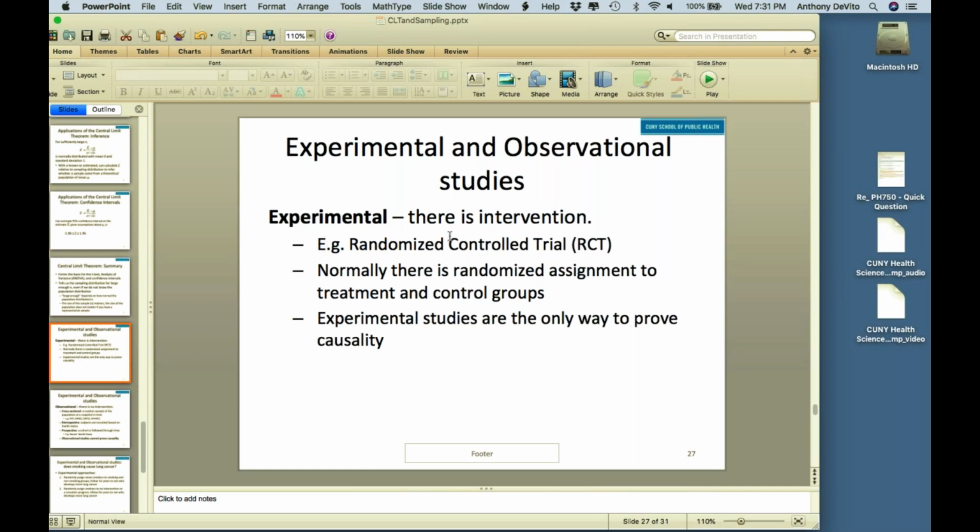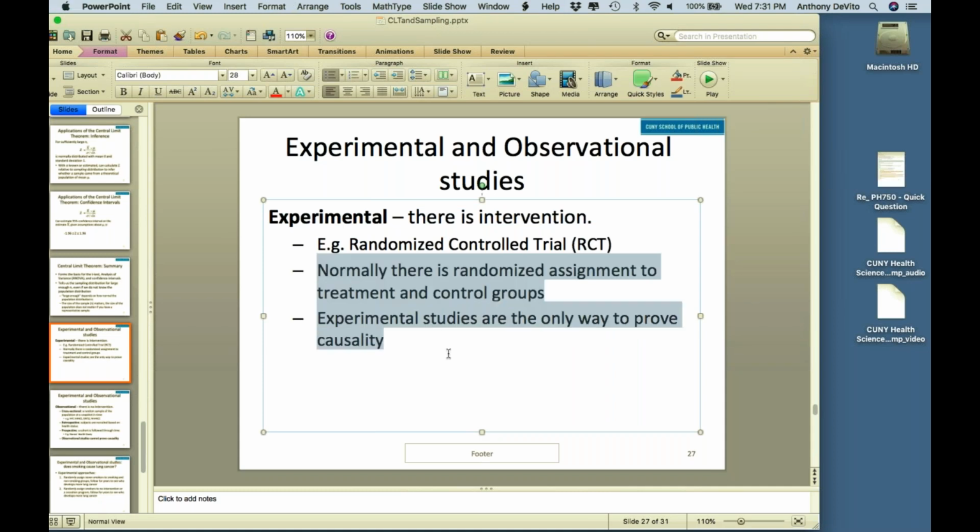Okay, and just to reiterate, I'll close out this PowerPoint. Different kinds of studies, experimental studies. I think we covered a little of this in the beginning. I just want to cover it again for a little bit. Experimental studies are the types of studies where you do randomized control trials, where you actually compare two different randomized groups, for instance, a treatment and a control group, where you're testing a drug. Experimental studies are the only ones that prove causality.